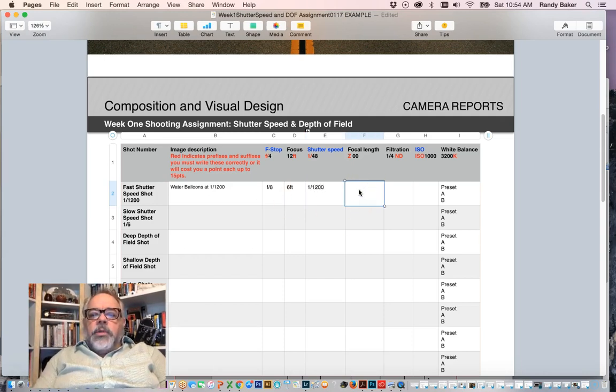And they had the focal length at Z75, which was about 80 millimeters. And they had no filtration in, no ND, so this was clear, because they were shooting at such a high shutter speed that it took up 4 more stops of light than normal, and they were shooting at ISO 800, because they were